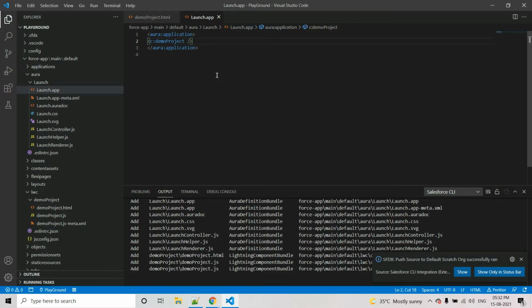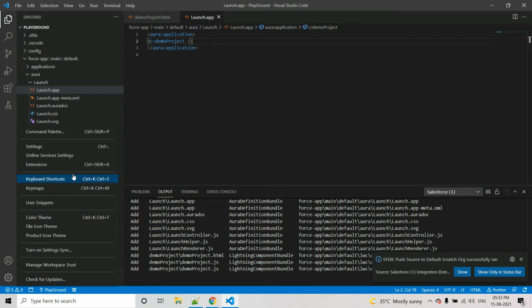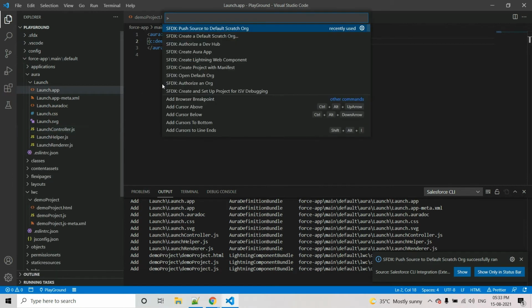Okay, the source has been successfully pushed to the default scratch org, and now we need to launch.